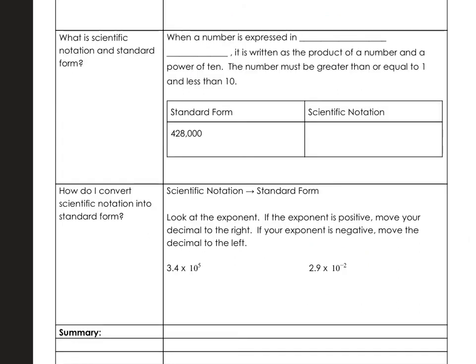What is scientific notation in standard form? When a number is expressed in scientific notation, it is written as the product of a number and a power of 10. The number must be greater than or equal to 1 and less than 10. Okay, so this right here, this is standard form. This is what you're used to seeing. Okay, this is